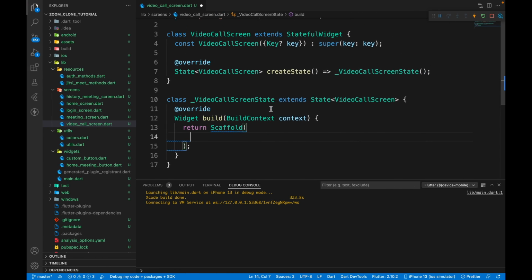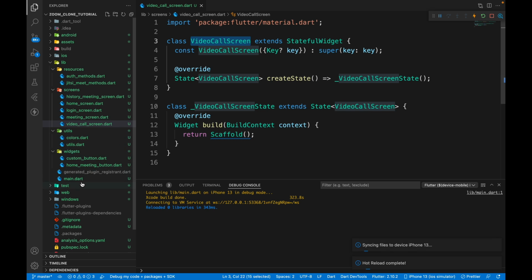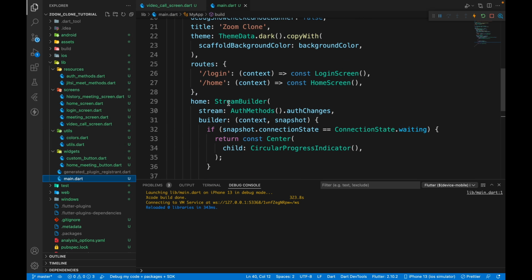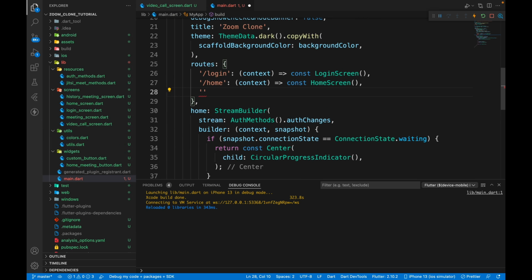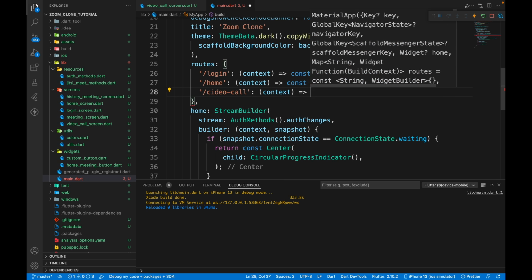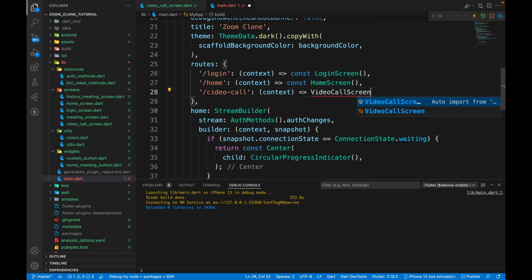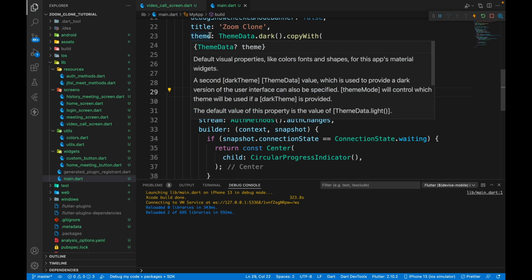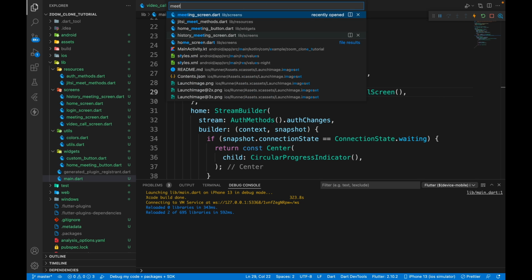Now what I mean by this is, well, first of all, let's go to the main.dart file. Let's have this route initialized as well. So we'll have video call context, and then we'll have video call screen. Now this will be a constant, and we'll have video call. Alright, so now if we go to the meeting screen,